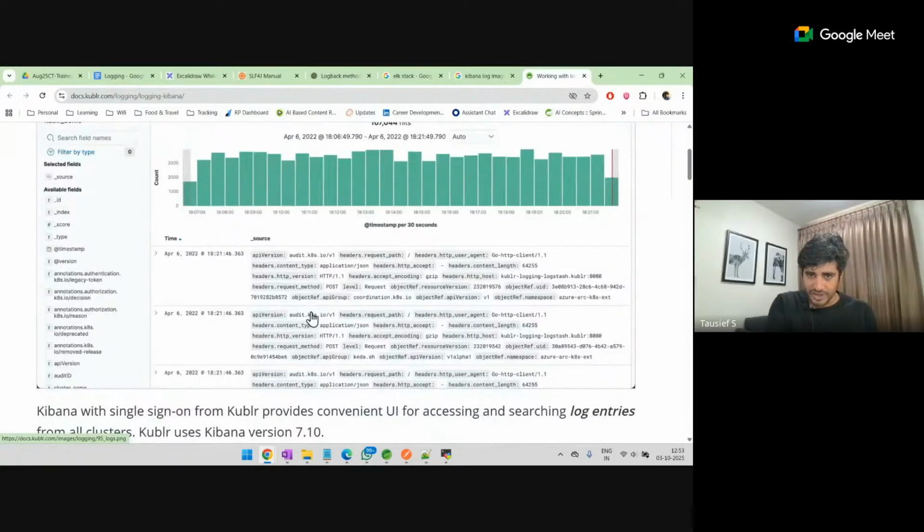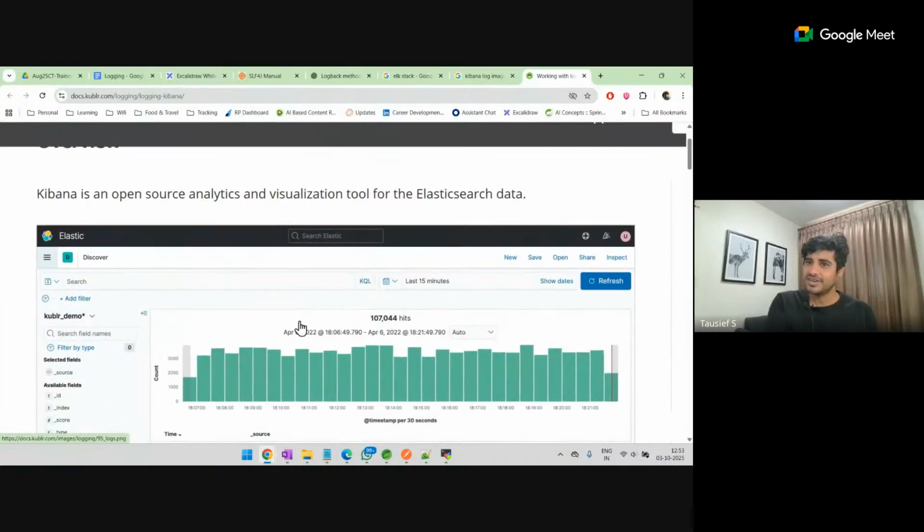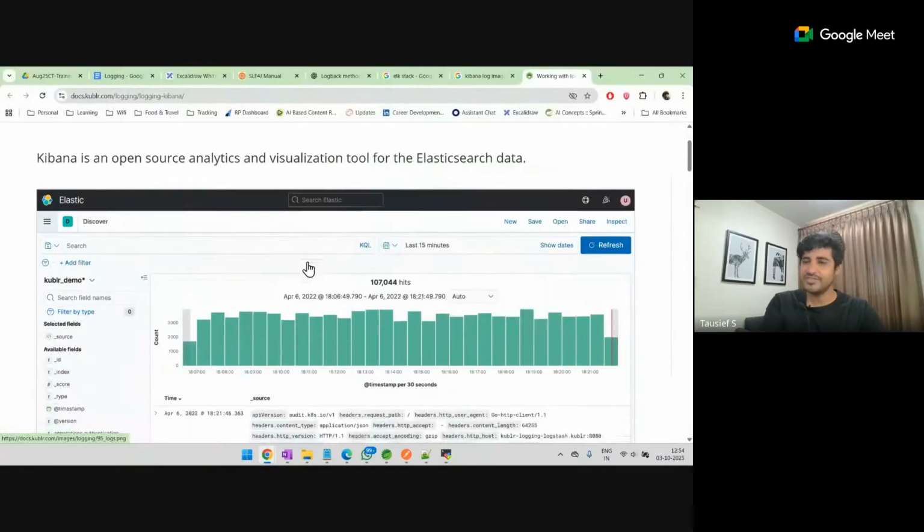All those logs will be available here. So this is nothing but a kind of Kibana dashboard. So you don't have to always go into these kind of tools and work with Linux-based commands. When you are working with microservices and you have many microservices, people might ask you, hey, logging into Kibana means